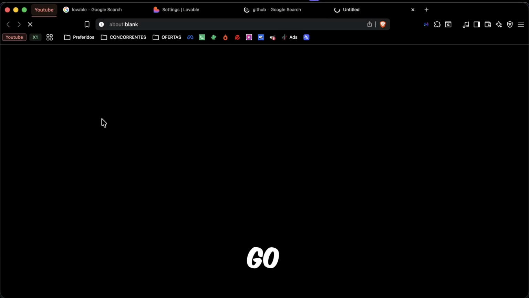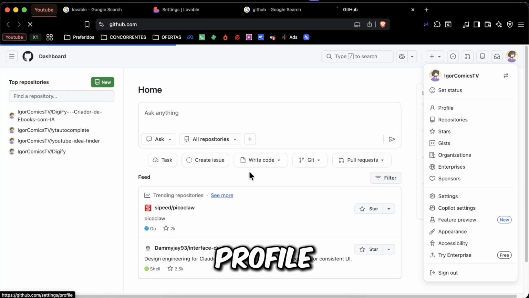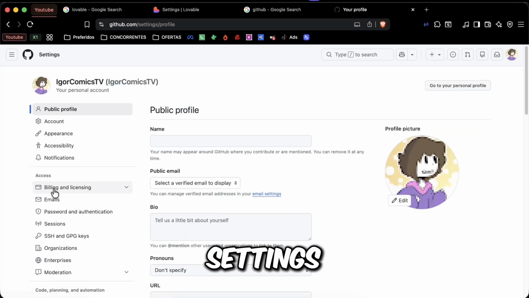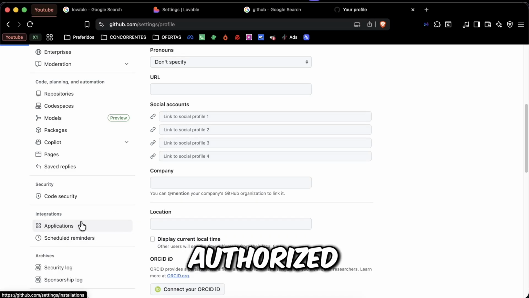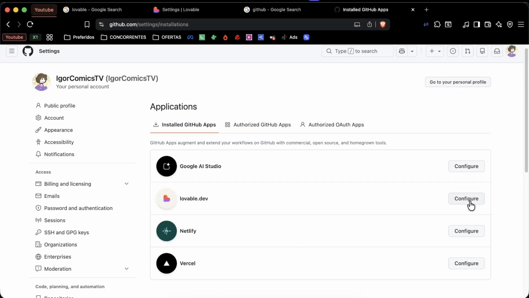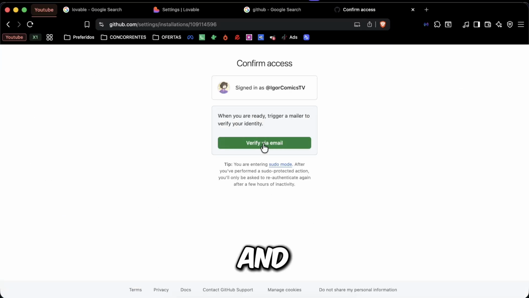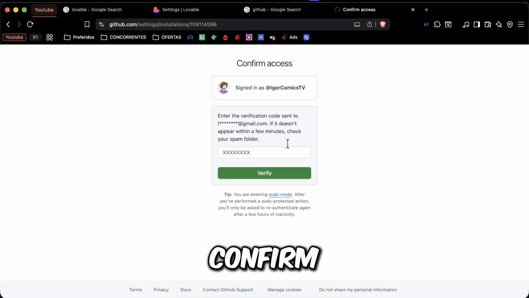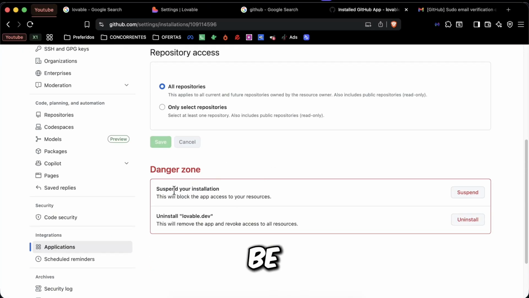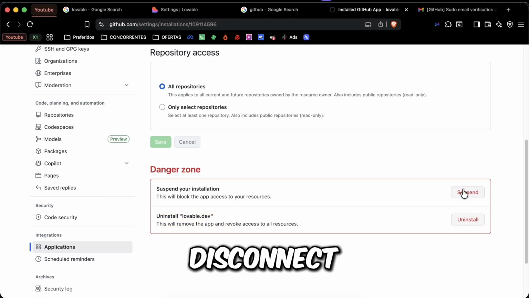To do that, go to github.com, click your profile picture, then go to Settings. Select Applications, then Authorized OAuth Apps. Find Lovable AI in the list and click Revoke Access, then confirm. Once that's done, GitHub will be fully disconnected from Lovable AI. And that's it. That's how you disconnect GitHub from